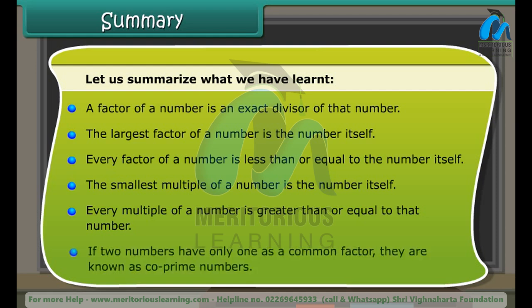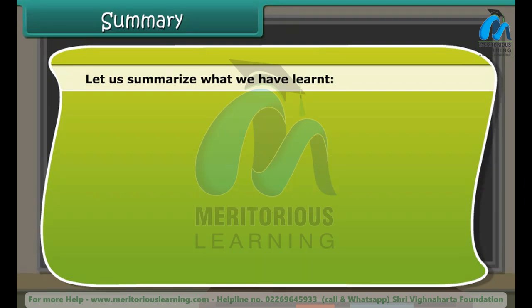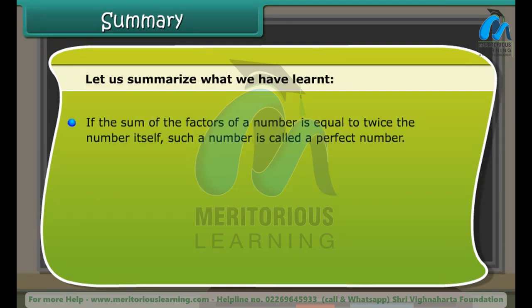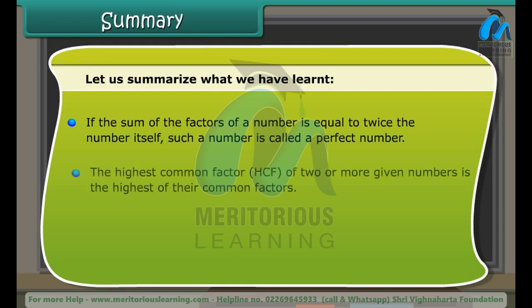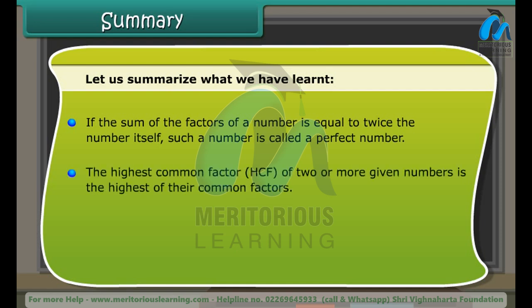If two numbers have only one as a common factor, they are known as co-prime numbers. If the sum of the factors of a number is equal to twice the number itself, such a number is called a perfect number. The highest common factor, HCF, of two or more given numbers is the highest of their common factors. The least